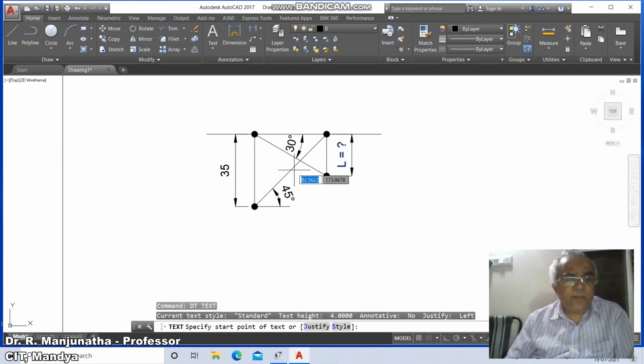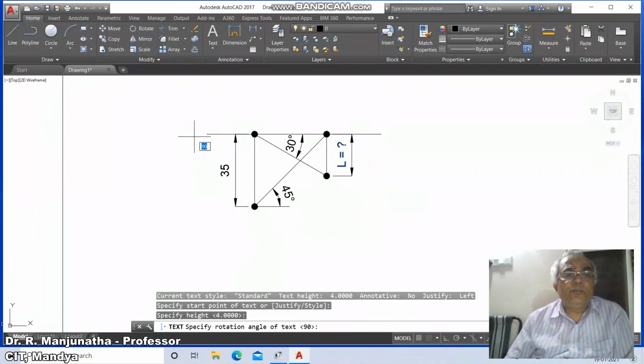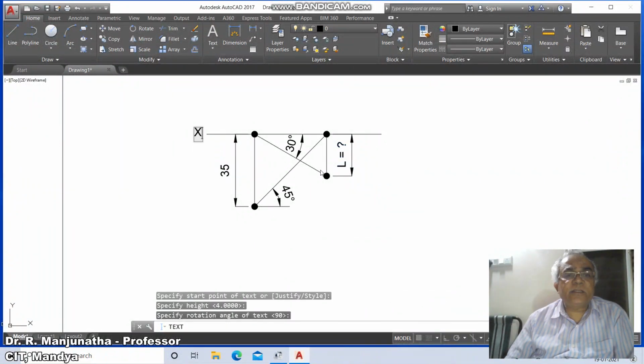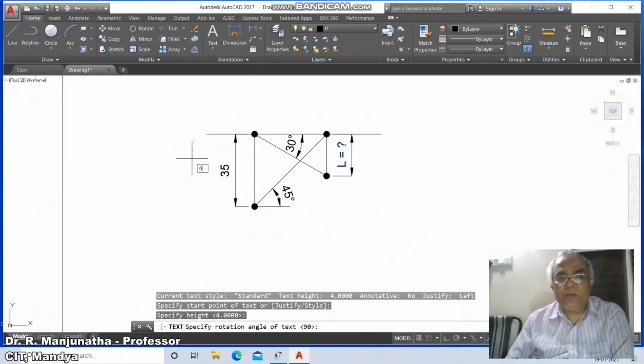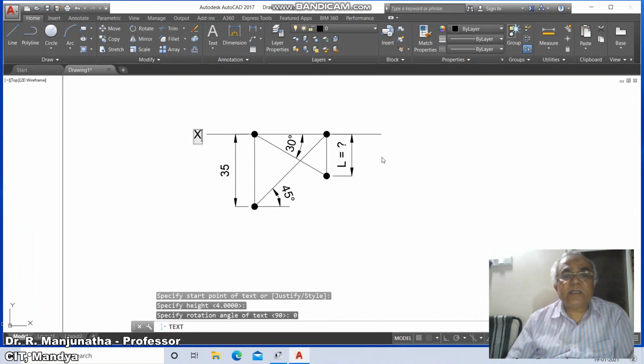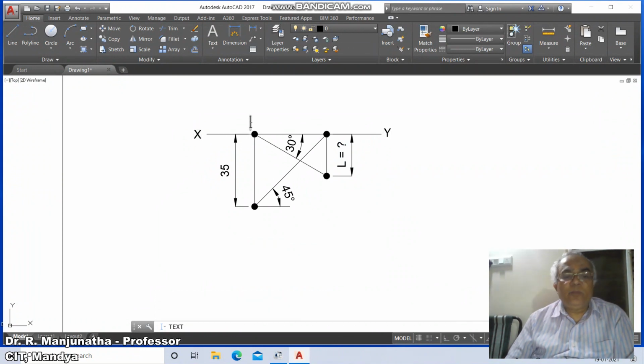Then go to dtext, put the caps lock on, type X. Take the specified height and rotation angle as 0 and mark this as X and this as Y. Similarly mark this as P dash and this as Q dash.